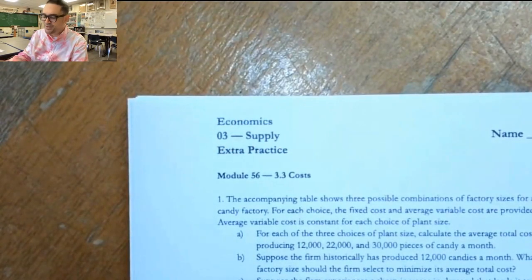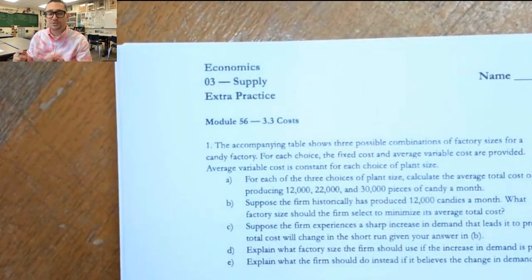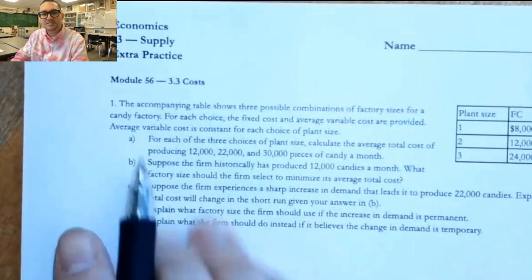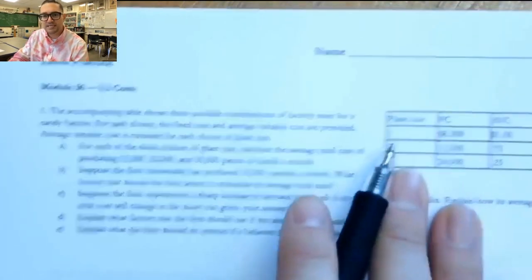Well, hi there. So in this video, we're going to be taking a look at module 56, which is our second module in which we practice costs. In this one, we're going to be looking at long-run average total costs. So let's get started. The first question says the accompanying table shows three possible combinations of factory sizes for a